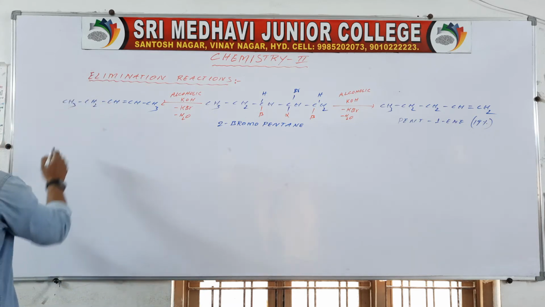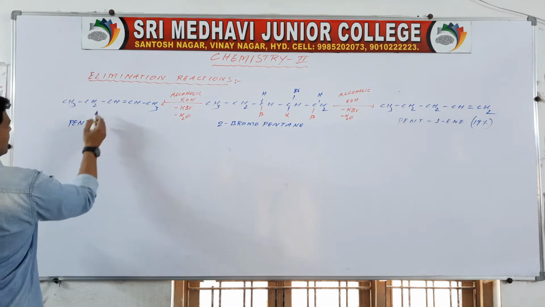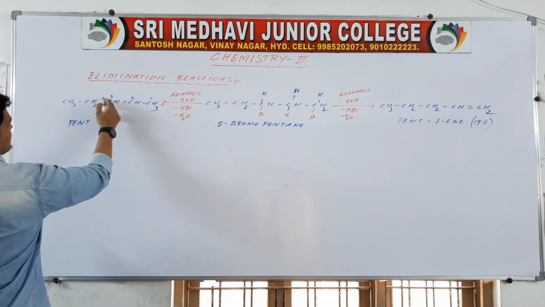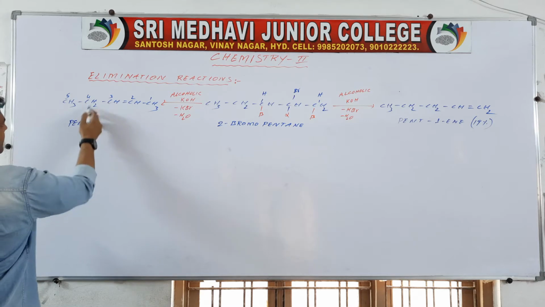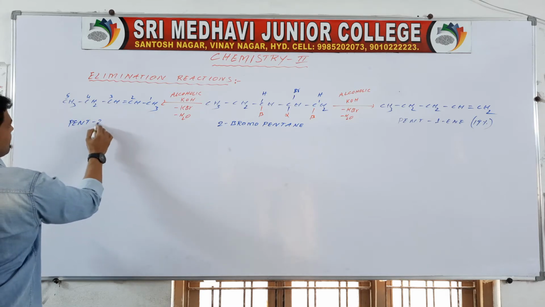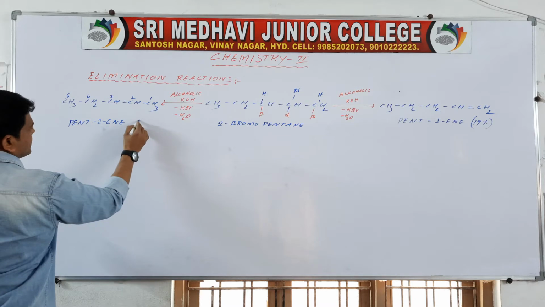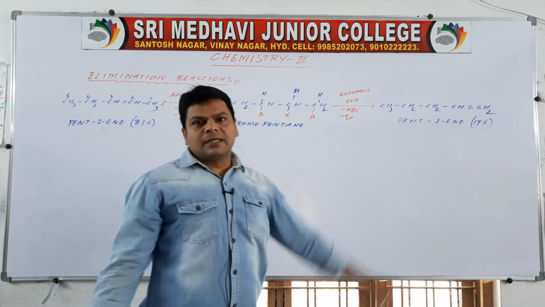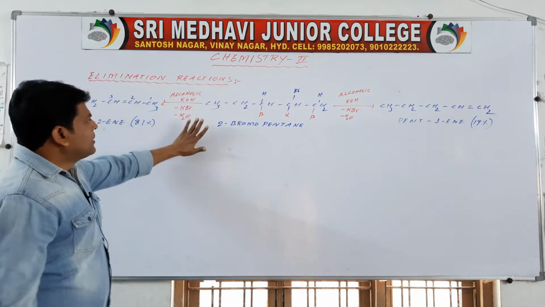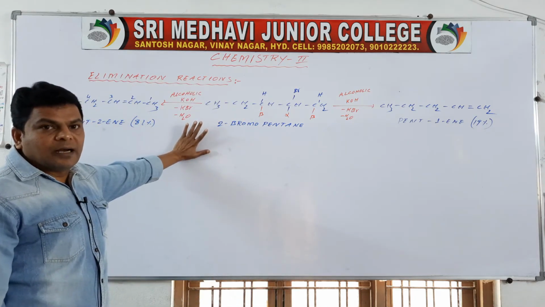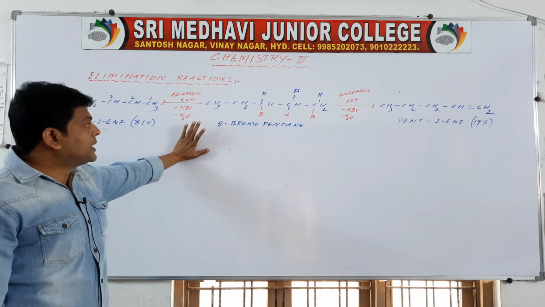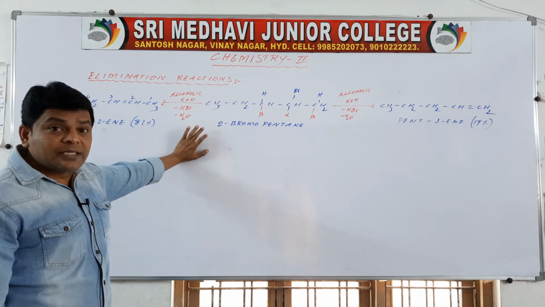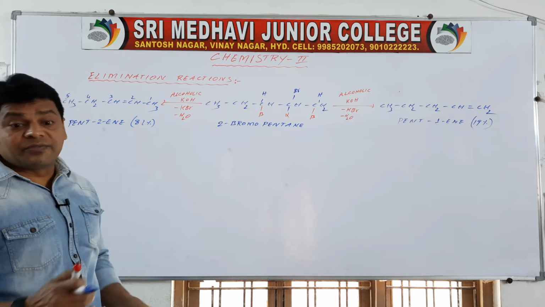It is nothing but pent, and numbering we give 1, 2, 3, 4, 5. The second carbon contains the double bond, pent-2-ene, and it has 81% chance to form. So what I mean to say is, beta elimination takes place so that the carbon attached to more alkyl groups forms the major product. That is nothing but Saytzeff's rule.